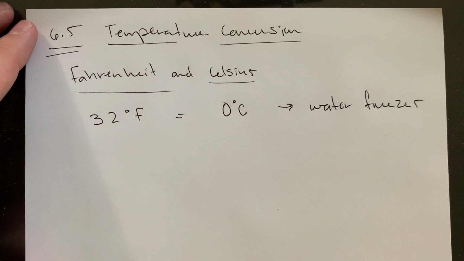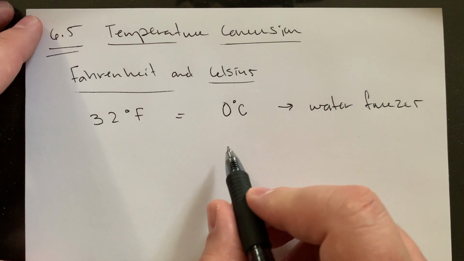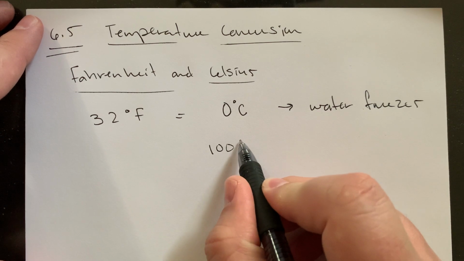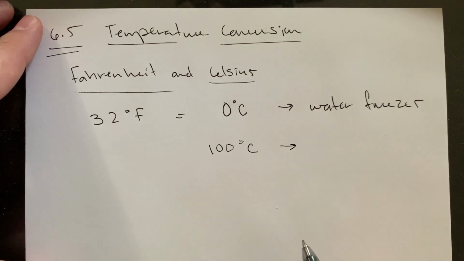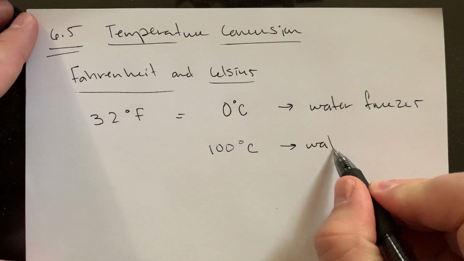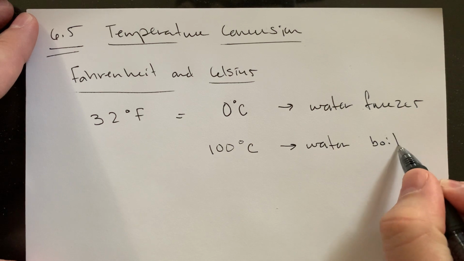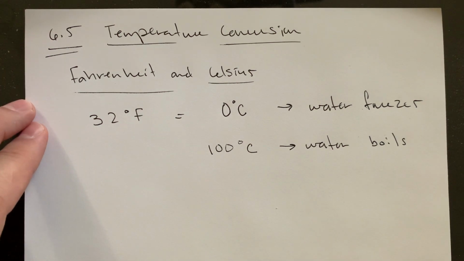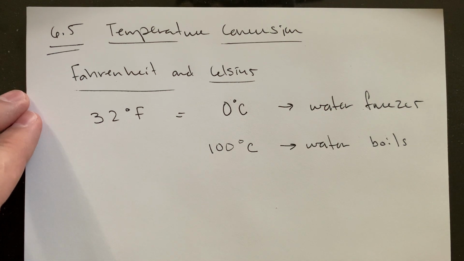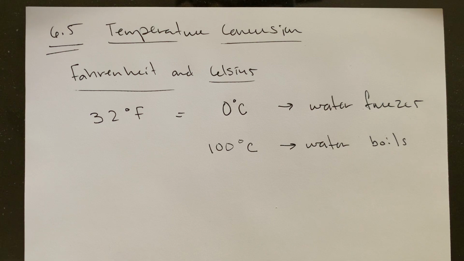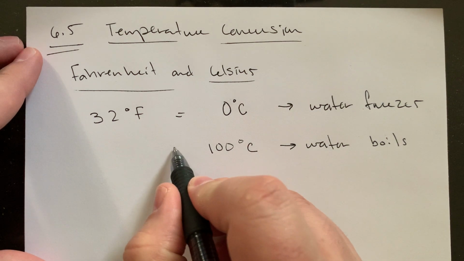For another comparison point, the temperature where water boils in Celsius is 100 degrees. So you can see where the Celsius system is coming from, right? You're taking the difference between water freezing and water boiling, which you could imagine are pretty useful temperatures to know, especially from a science, chemistry, physics kind of place. And you're just saying, okay, well, freezing is 0 and boiling is 100, and we're just going to divide up everything evenly from there. In Fahrenheit,